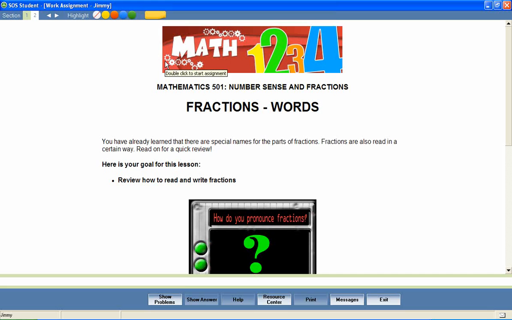In a unit entitled Number Sense and Fractions, let's look at a lesson called Fractions, Words. Most Switched On Schoolhouse lessons begin with a brief introduction and a list of objectives for the lesson. These objectives help students stay focused on important lesson content and provide parents with an effective way to measure mastery